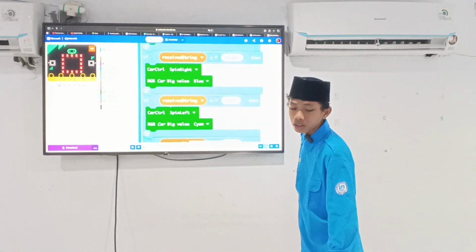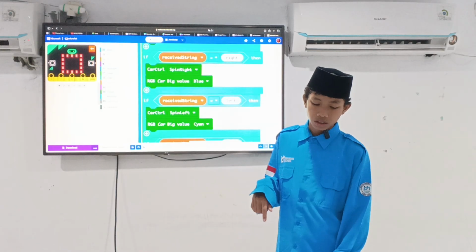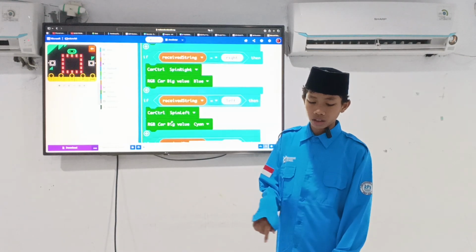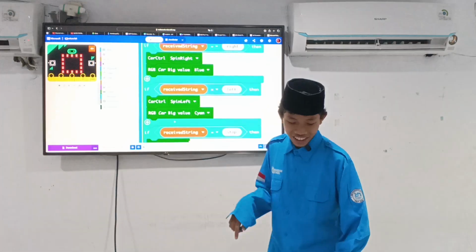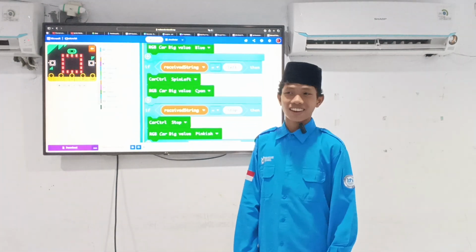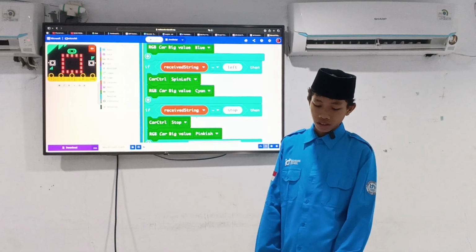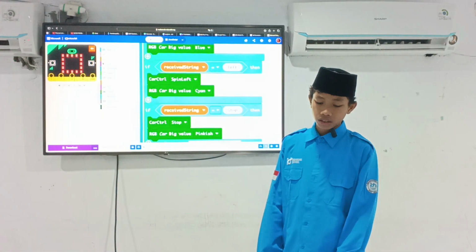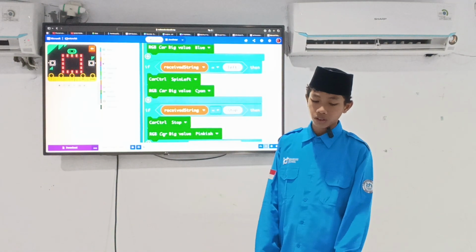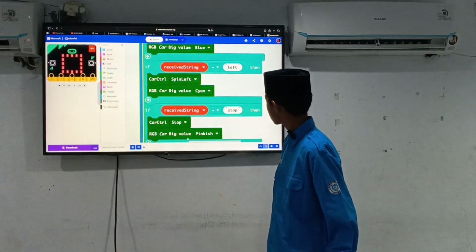And if it receives the string "left", the car control spins left, and then shows the color cyan. And if it receives the string "stop", the car control stops, then the RGB car big value shows the color pink.